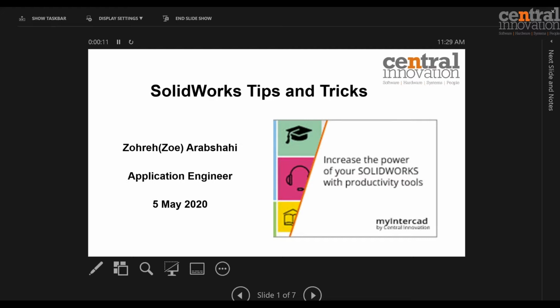But we need to remember that these are not the only way of doing things. This is just an introduction to different possibilities that we can have in SolidWorks. So the main purpose is just to save time by reducing the amount of mouse traveling. The first thing that I'm going to talk about is